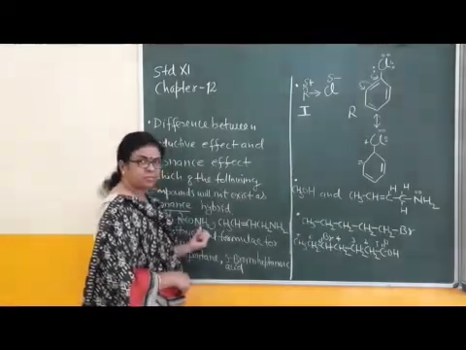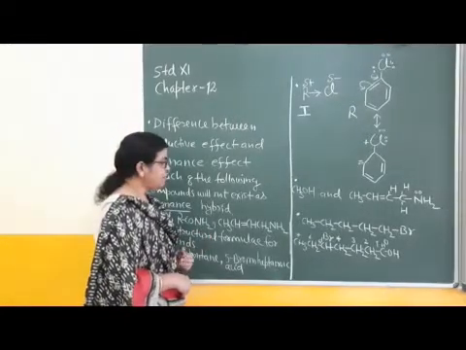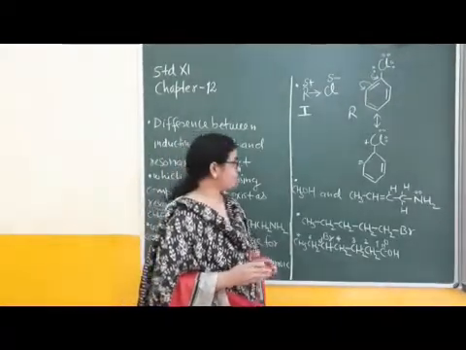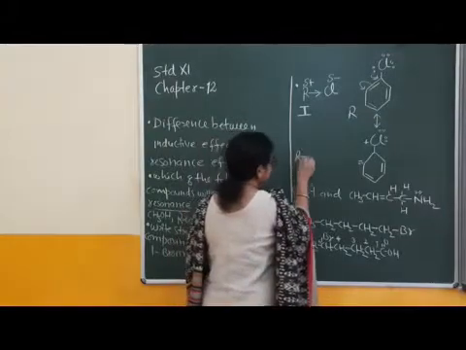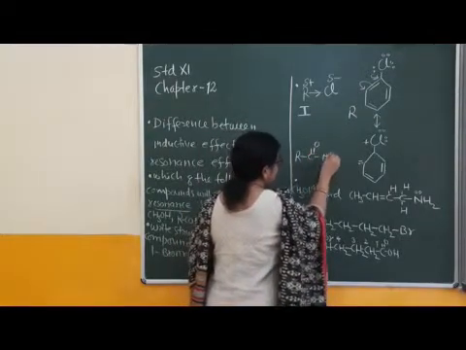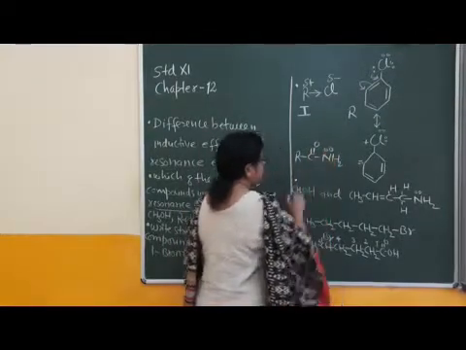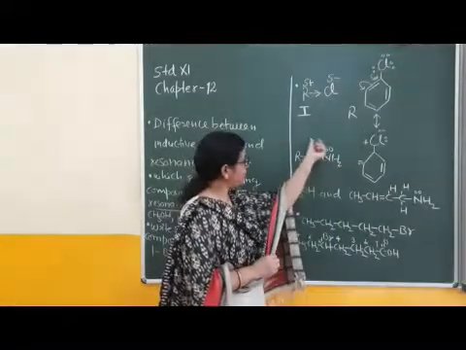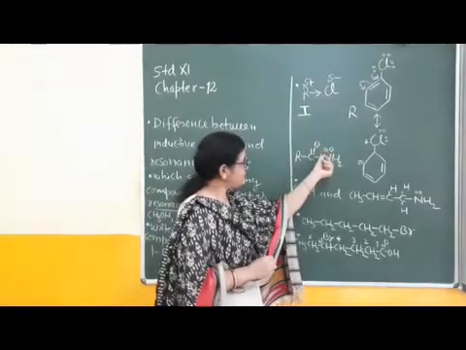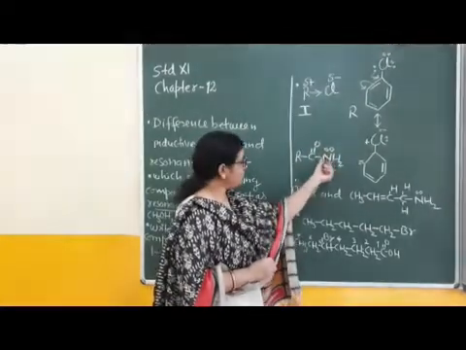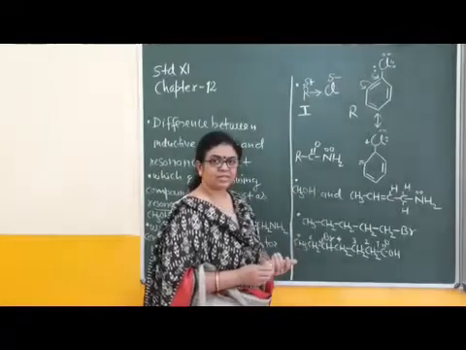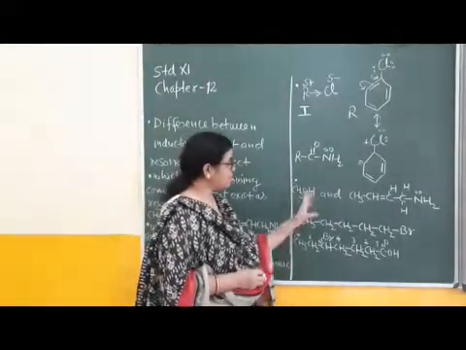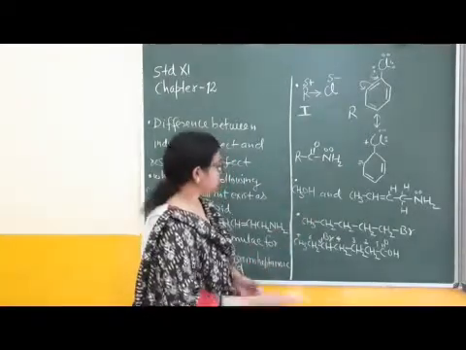In the amide, RCONH2, it is possible. Because in CONH2, there is C double bond O, and on the nitrogen atom a lone pair of electrons is present. This type of conjugation is required: lone pair, single bond, pi. There is shifting of pi electrons onto oxygen and simultaneous shifting of the lone pair of electrons between N and C. In this molecule, resonance hybrid is possible, but in these molecules, resonance hybrid is not possible.